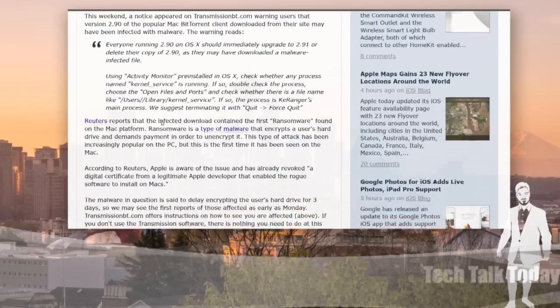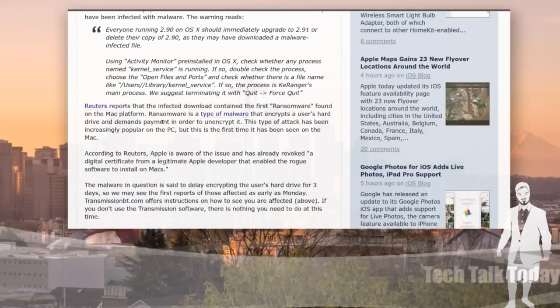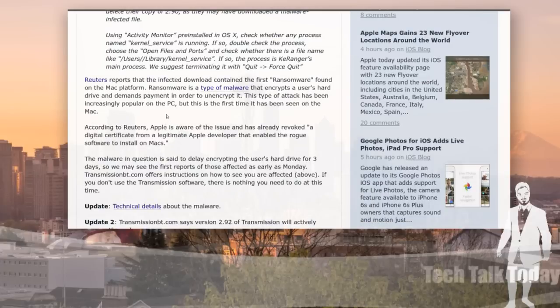According to Reuters, Apple is aware of the issue and has already revoked the digital certificate from the legitimate Apple developer that enabled the rogue software to install on Macs. So somebody used, and that's an interesting point here, someone used a legitimate certificate as an Apple developer. Now, Apple is able to quickly pull that and disable it from running on Macs,